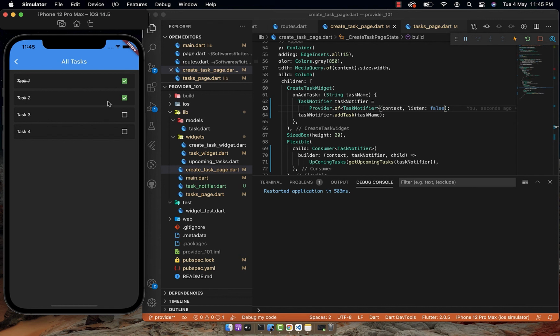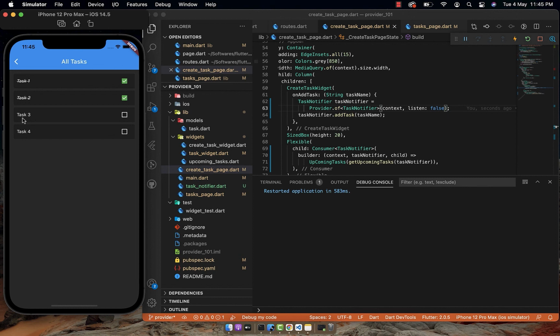Now our main issue was to setState the create task page whenever we were adding a task or changing this task list. From there we started and we felt the need of a provider or any state management libraries. So let's see now if this is working.